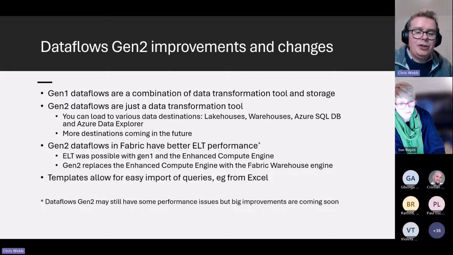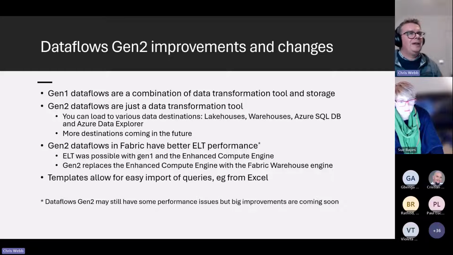We've also got a few other minor changes. Templates allow you to import queries. You can design in Excel and load in. And moving on to the next stage,